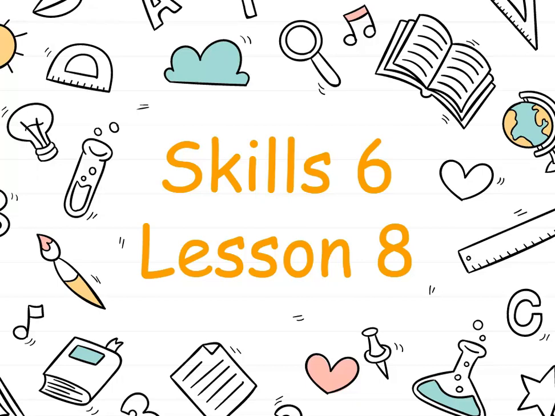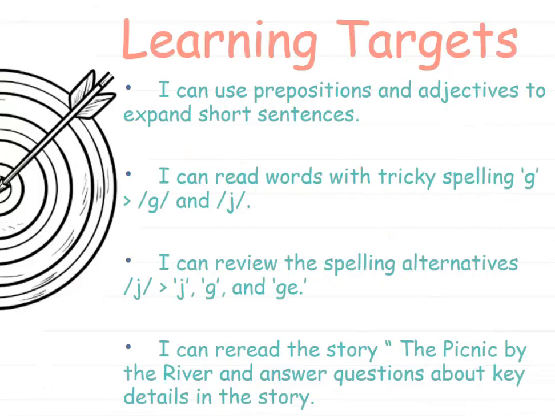Review Skill 6, Lesson 8. Let's look at our learning targets. I can use prepositions and adjectives to expand short sentences. I can read words with tricky spelling G representing the G and J sound. I can review the spelling alternatives for J,